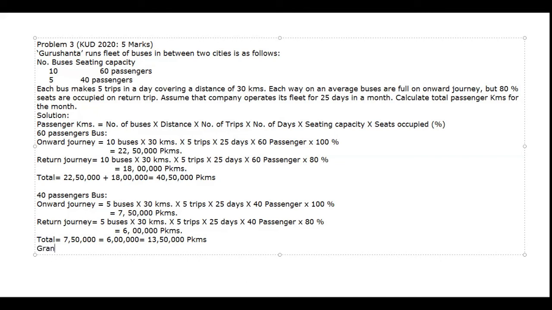That is, when we total the two kinds of buses, that is, the two seating capacity buses, 60 plus 40 passengers bus, it comes to, first one was 40 lakh 50,000. Take out the total of both kinds of buses, and 6 lakh. You have to put the total here. So that will be 46 lakh 50,000 passenger kilometers. So this is how you calculate